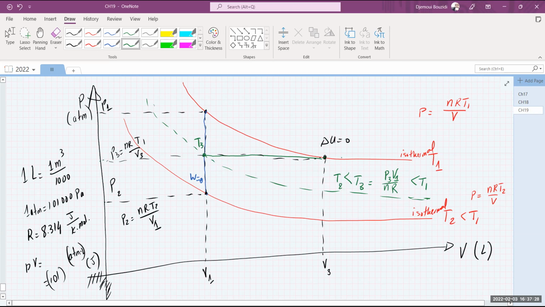And it has increased from T3 to T1 if I go this way, of course, provided I'm increasing the volume from V1 to V2, to V3, I'm sorry. Okay, so this is what I meant with all of these processes in this description. We have our isothermal, here it is. We have our isochoric in here, and we have isobaric in here, all three of them.